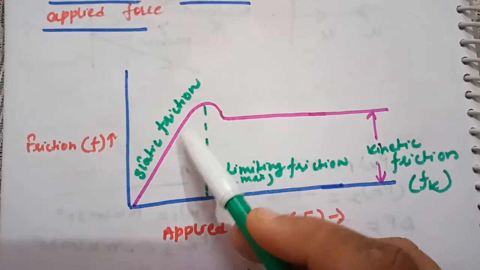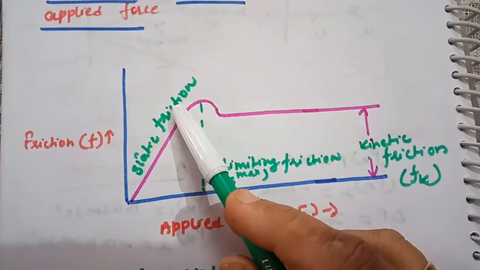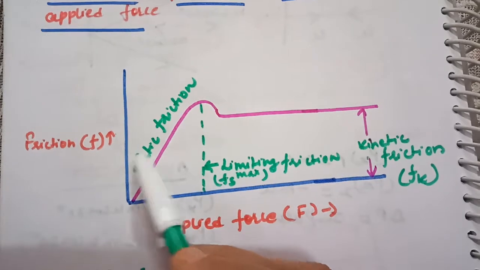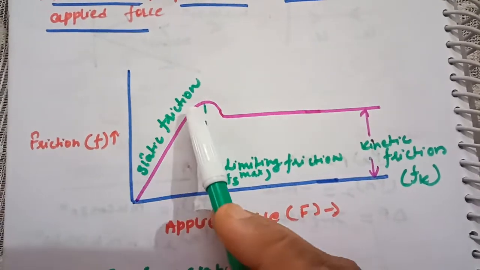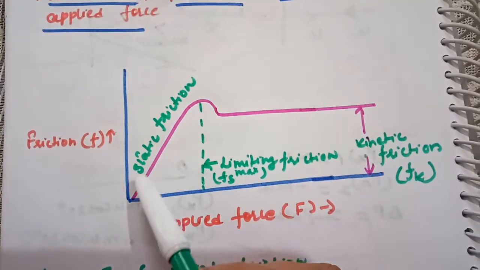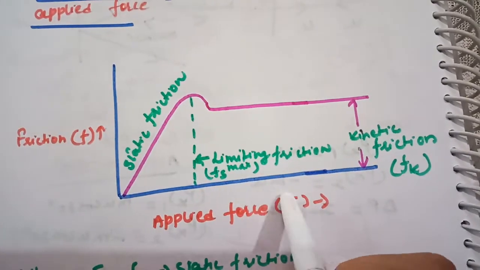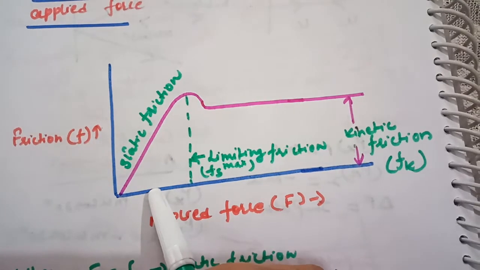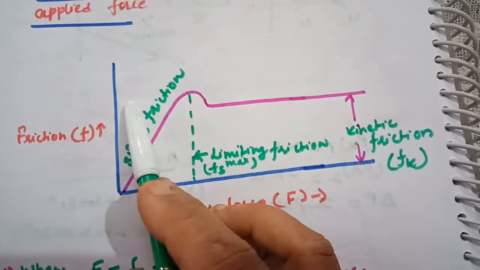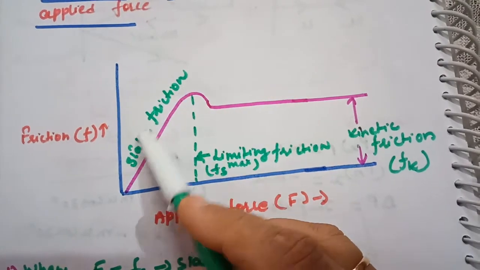Okay, so all of you know what static friction is. Static friction is the friction where, when you increase the value of the applied force, the force of friction also starts increasing, and up to this value of friction the body will not move. The body will remain at rest in the static friction condition. So what are we observing? We are observing that as the applied force increases, the force of friction also increases and the body will not move from its position. So this is the value of static friction.